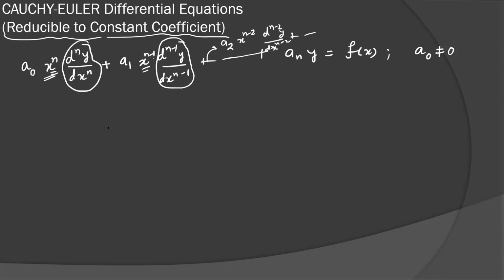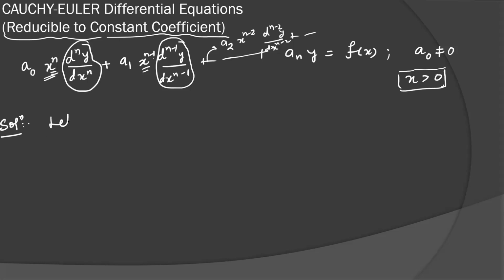How? For Cauchy-Euler, we can consider two cases. We are taking the domain when x is greater than 0. If it is not given in the question, we will assume that x is greater than 0. If x is less than 0, we can change the substitution. But at BTech level, it is x greater than 0. In the Cauchy-Euler differential equation, the solution is in the form of polynomial functions.